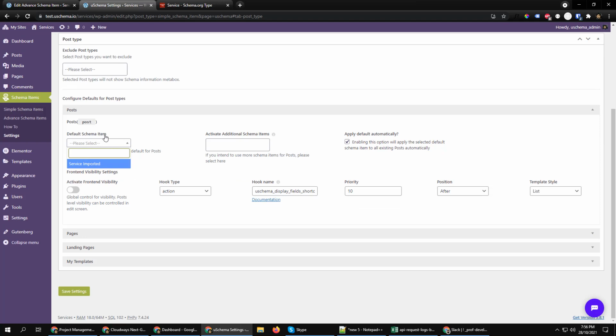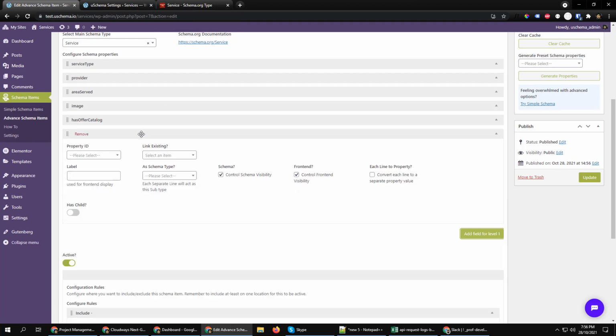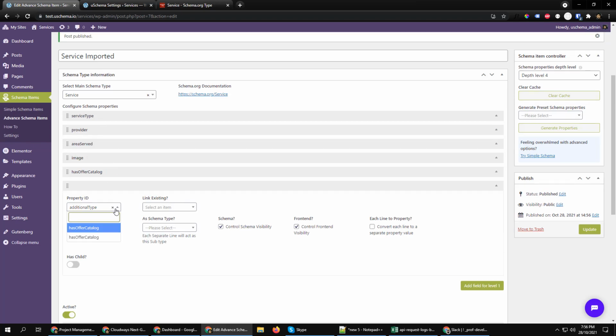So if you want to include this schema to these posts or your custom CPT, you can always do that. Similarly, if you want to add any of the other new properties from the service, you can simply click on this field link and you can search for that.